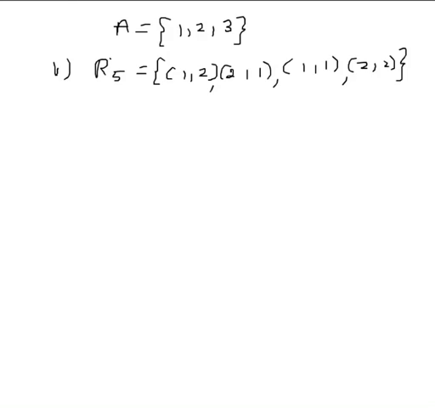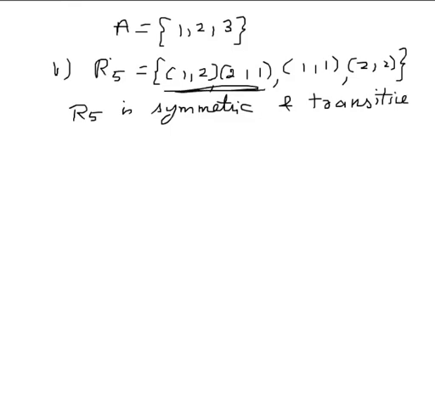See, (1, 2), (2, 1). So R5 is symmetric and transitive also. Because if I take (1, 2) and (2, 1), (1, 1) is there. Even if I consider (2, 1) and (1, 2), if I interchange both the elements, (2, 2) is also there, which makes it transitive,